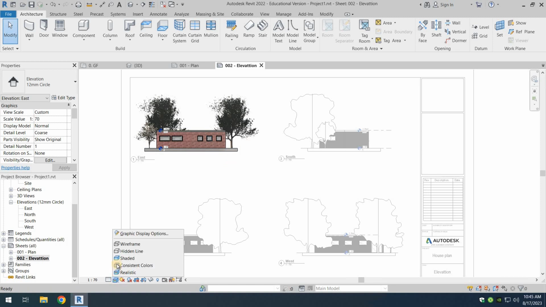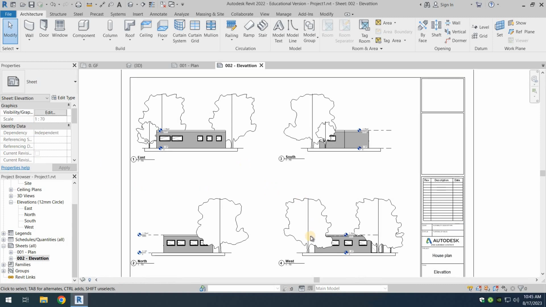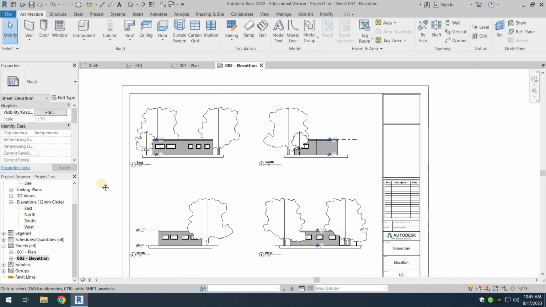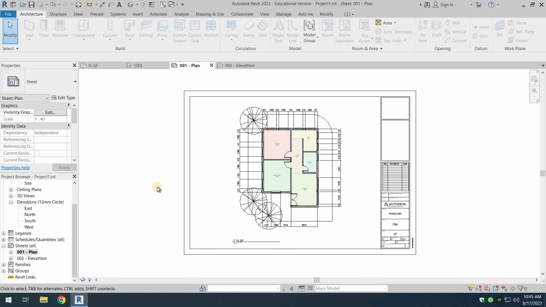But if you want to save power, you can go with the hidden line. So hidden line also works. Okay, so all of them are right now in the hidden line view, style of view. Okay, so these are the elevation, so that's why we wrote down elevation there, and then we have also given